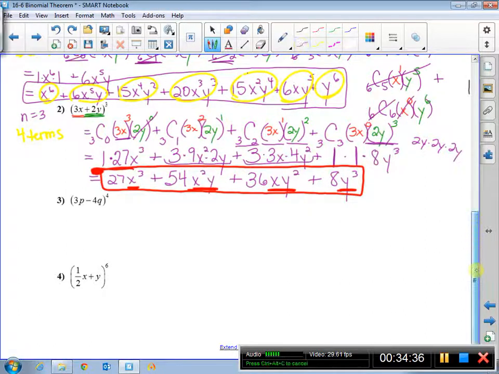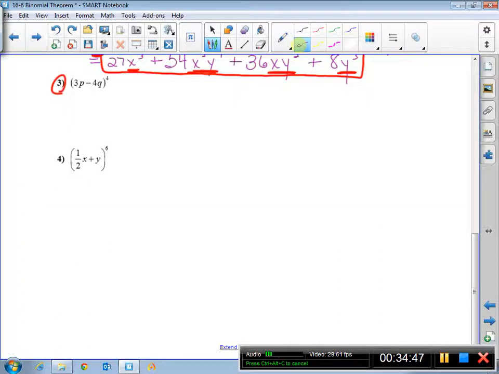All right. You can pause if you want. I would try the last one here. I'm going to do number 3, and you can pause and check it, but I'm going to walk through it again one more time. Then I'll be done. So my n value is